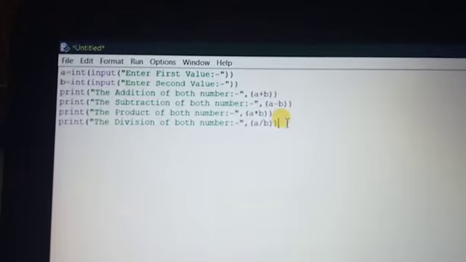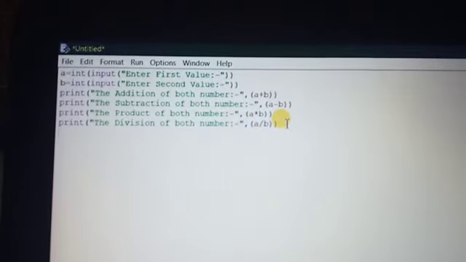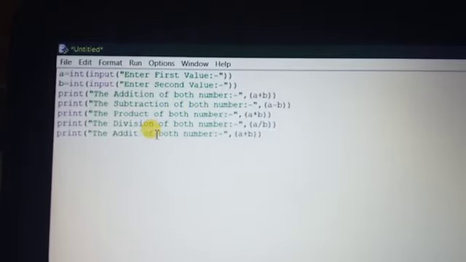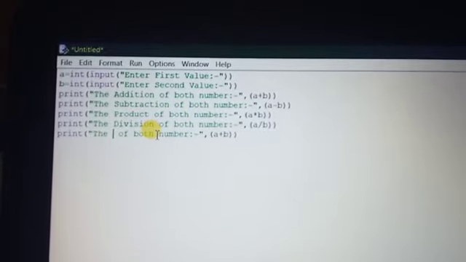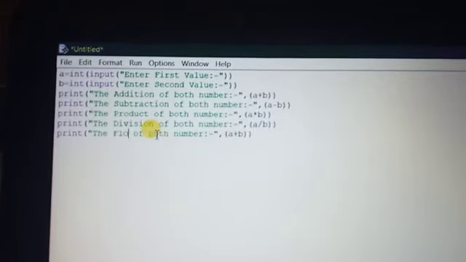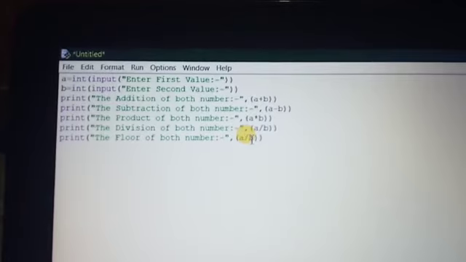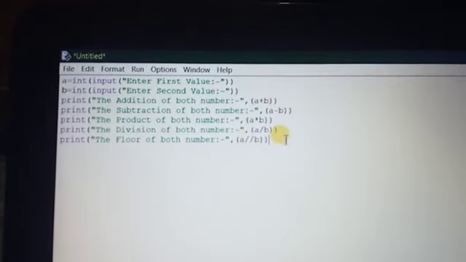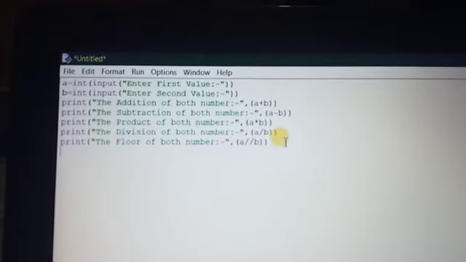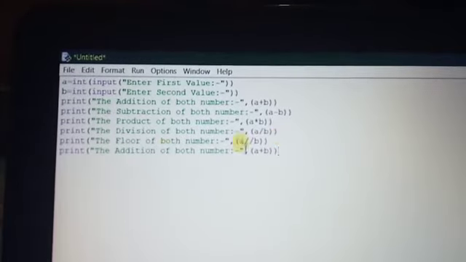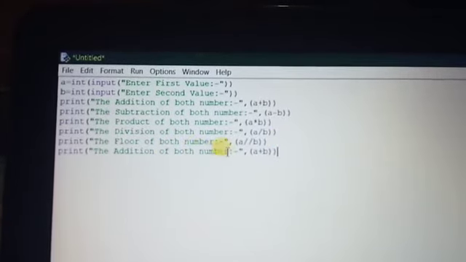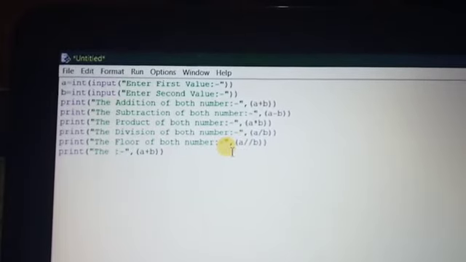This performs the float division. Again I paste: floor division of both numbers. Here we use the double slash. And according to the example, the last one is the cubic operation of A.